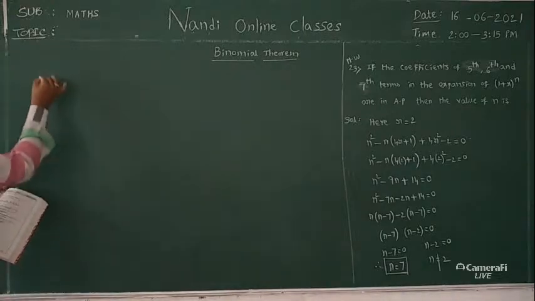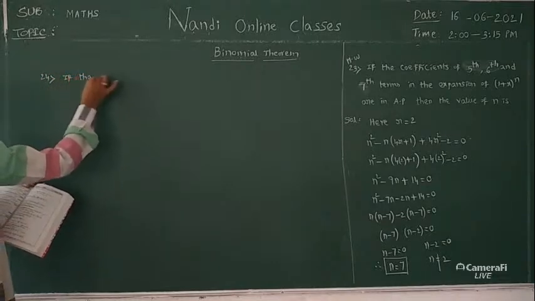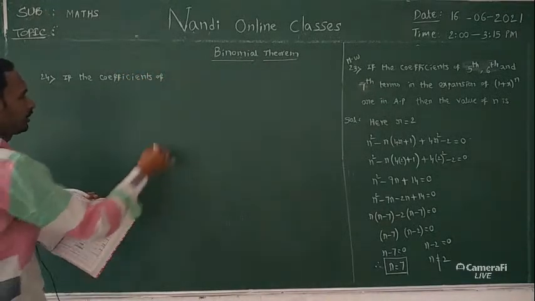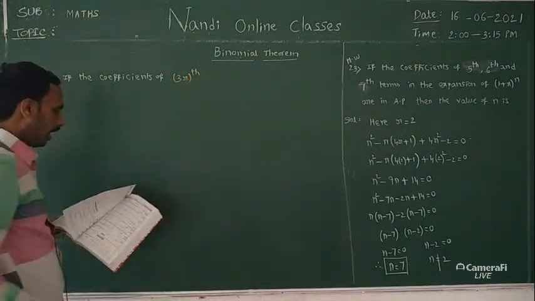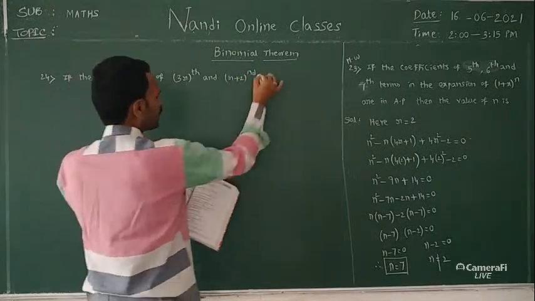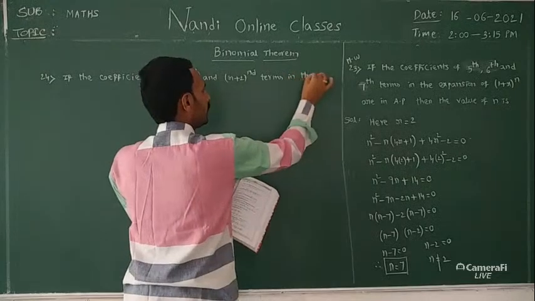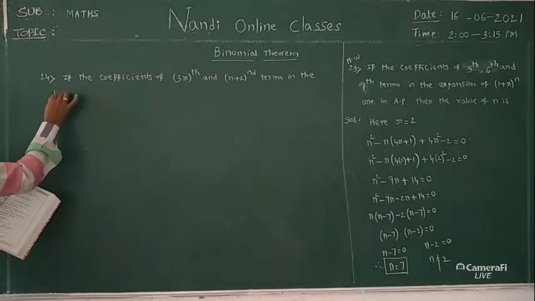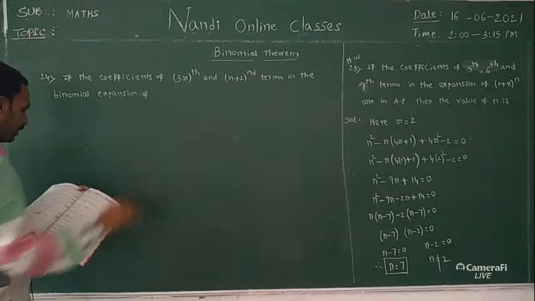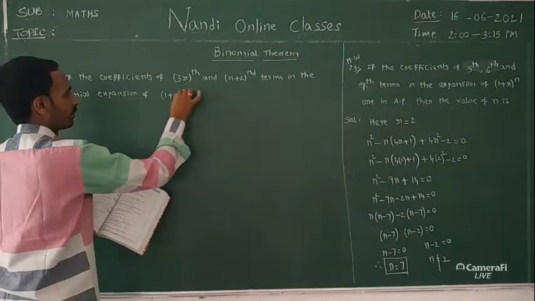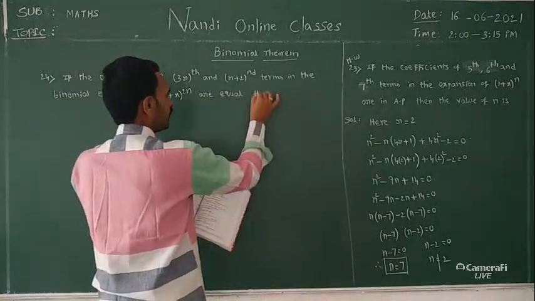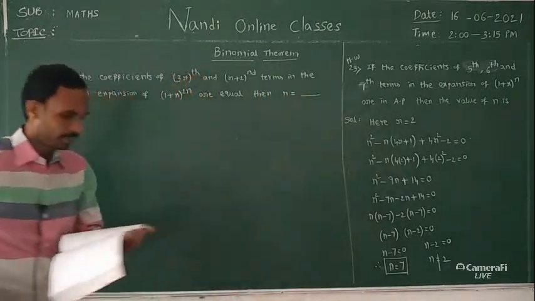If the coefficients of 3rth and r plus second terms in the binomial expansion of 1 plus x whole power 2n are equal, then n is equal to